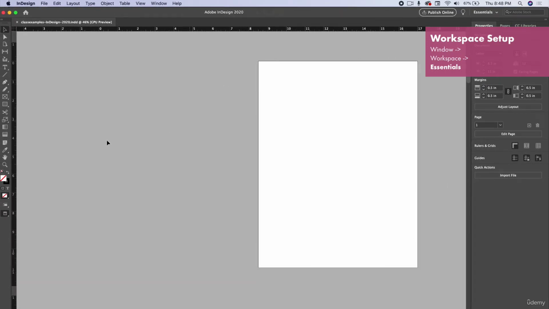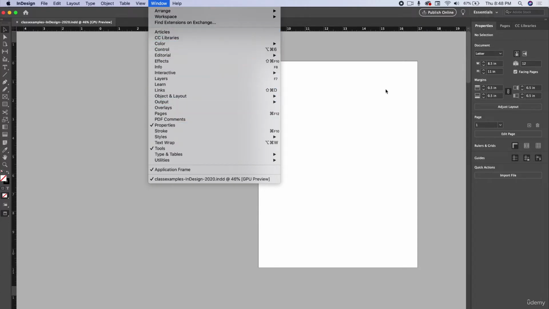So this is what it'll look like if you're on the 2020 version. Of course, you can always go to Window and bring out more panels. If you don't see the panels on the right, this will be just like Photoshop and Illustrator. In fact, a lot of Adobe InDesign is very similar to Adobe Photoshop and Illustrator. So if you know any of those programs, then you're already going to know a lot about the interface and how it works. So we have different things like links, which will be important, color, layers, info, and even text wrap options here. So if you don't happen to see them on the right and we go over them in the class,